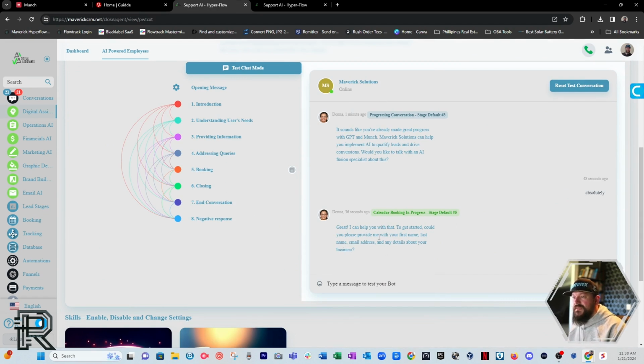Okay, so now what it's doing here, see, it went green. This means it's hitting its objective of booking. Stage 5, booking. And because I added that trigger action, it's going to ask the questions for everything that I have here. So I'm going to go with